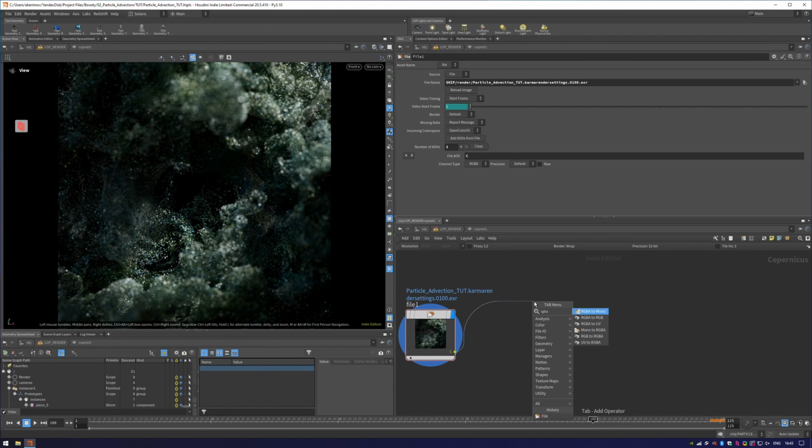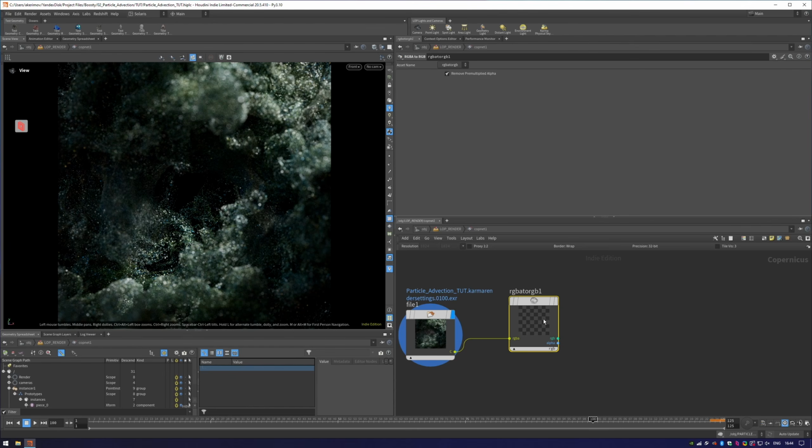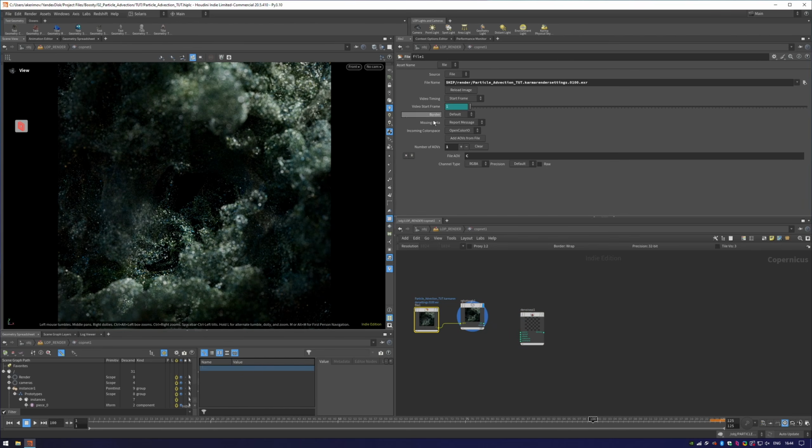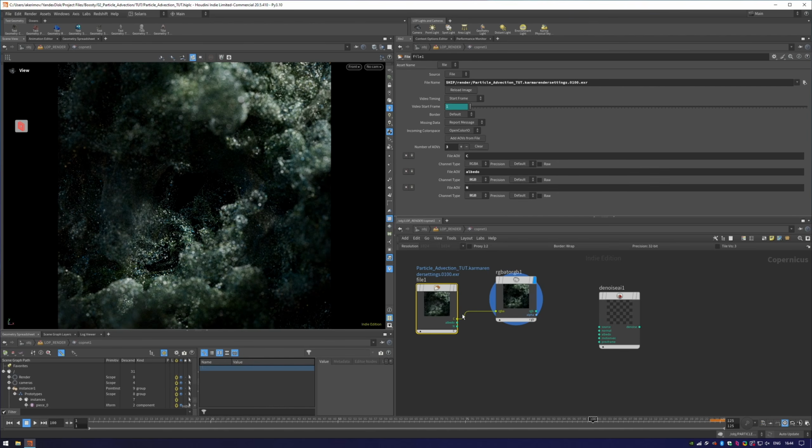We want to have an RGB to alpha to just RGB, so we want to get rid of the alpha. I'm going to untick this box here, and then let's use a denoise AI node. In this file node, if you press the add AOVs from file, it's going to bring in the AOVs that you have in the